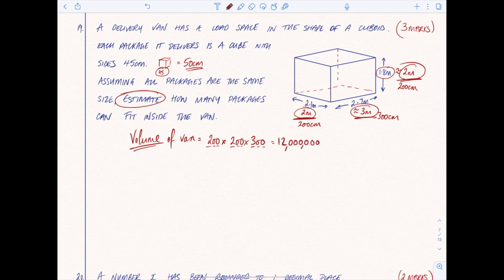My zeros all go back on. Okay, so I'm saying this is 12 million centimeters cubed. That is the volume of the van. The volume of each package